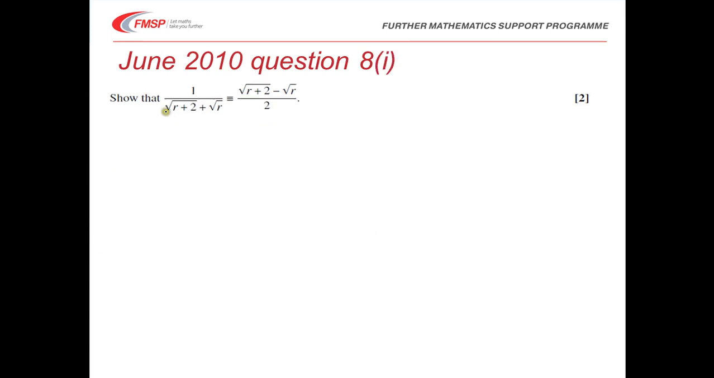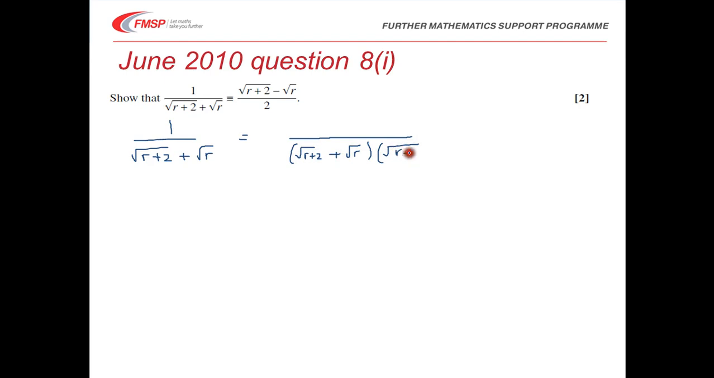So as I say, we have this fraction here, and the important thing is that the denominator of the fraction is irrational. And so we're going to treat it just as we would in surds. We're going to rationalise the denominator. So let's just have a go at doing that. So we'll have 1 over the square root of r plus 2 plus the square root of r, and all we're going to do is say that that is the same as multiplying the top and bottom line by root r plus 2